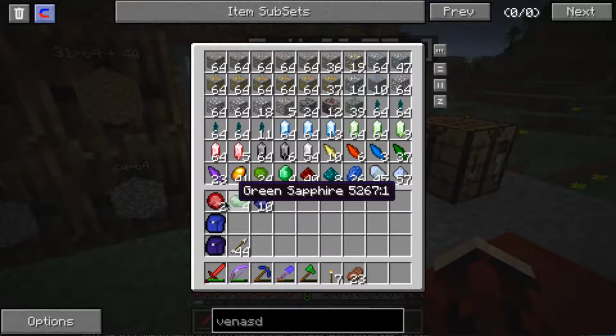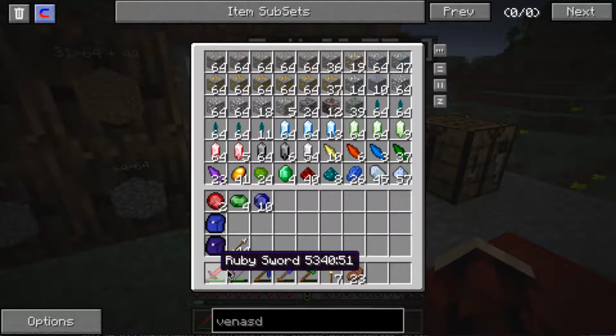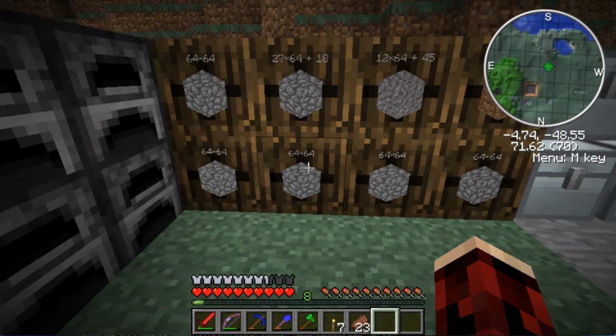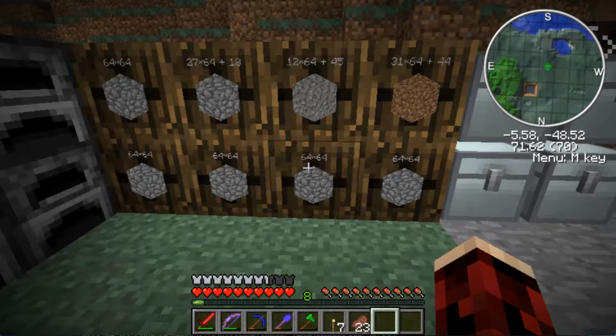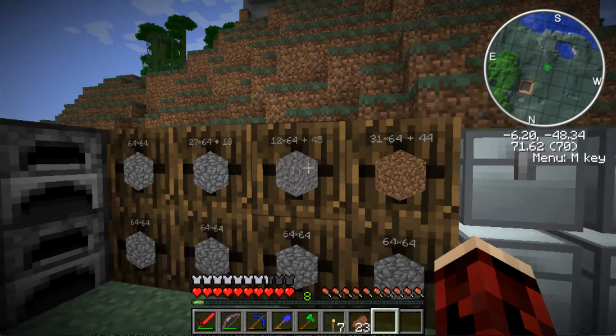One of the nice things is tunneling like this, you'll never run out of the various colors of sapphires and rubies for tool making, which is what I use to make all my tools. We also got a fair amount of cobble. As you can see, almost 6 barrels full of it, and some